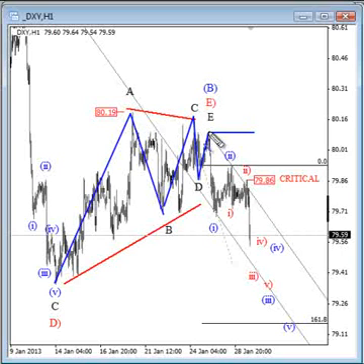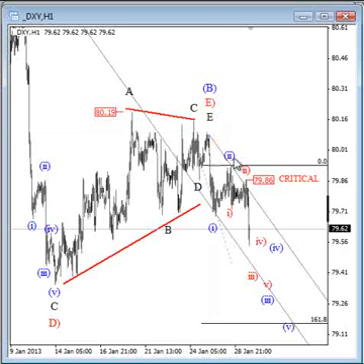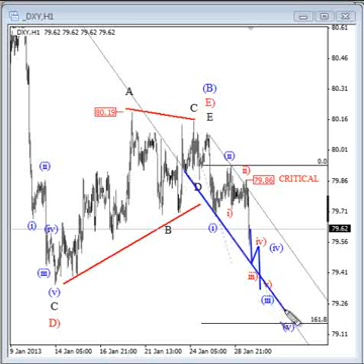We are looking now for an end of wave E here, which could complete the wave B at just above the 80 mark, but notice that this fall from this start point is still not in 5 waves. Okay, it could be underway, but it's still not the case, so we need to be very patient here. But if we will see a 5 wave extension lower through this lower support line of this base channel,